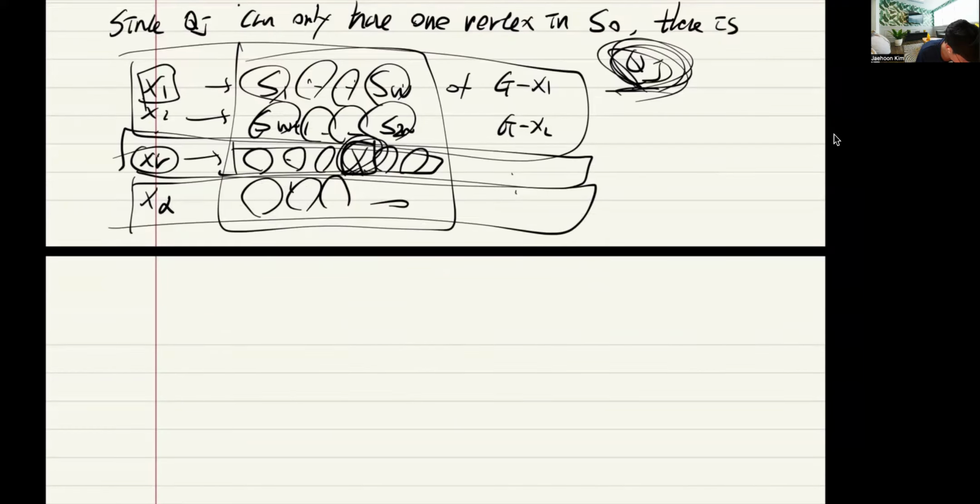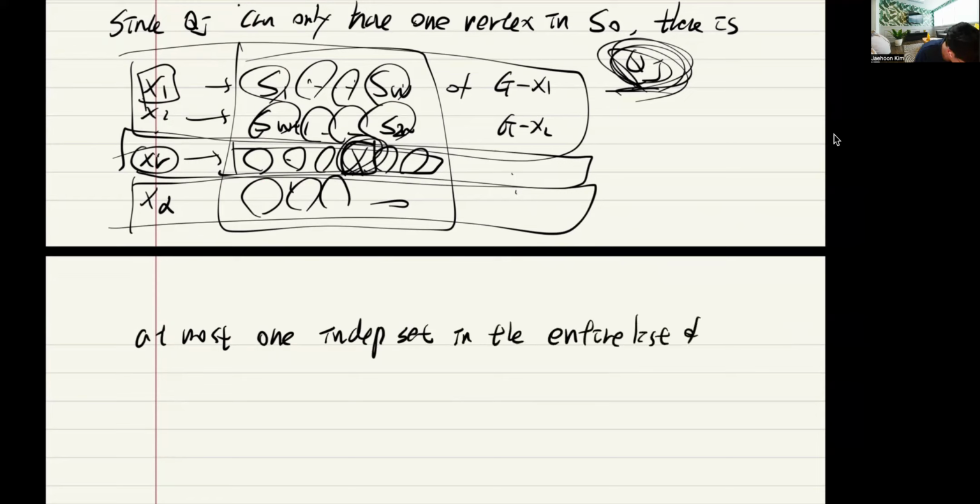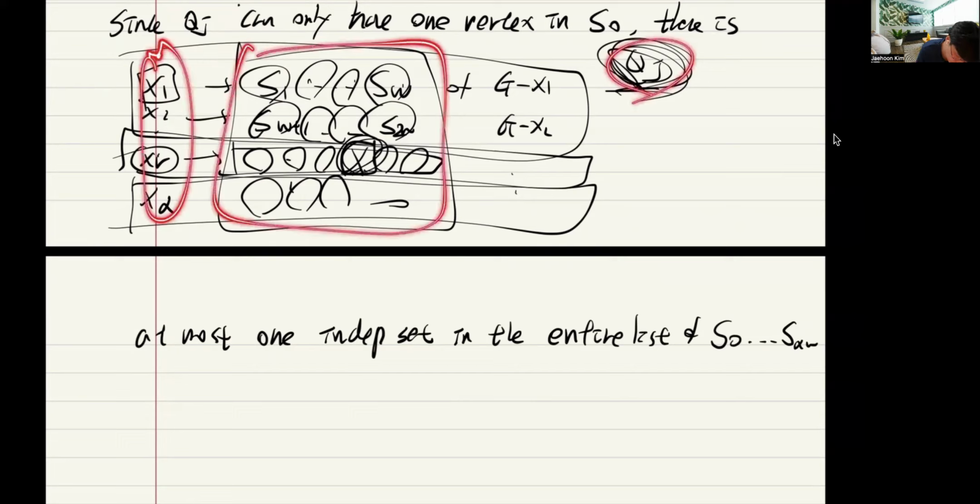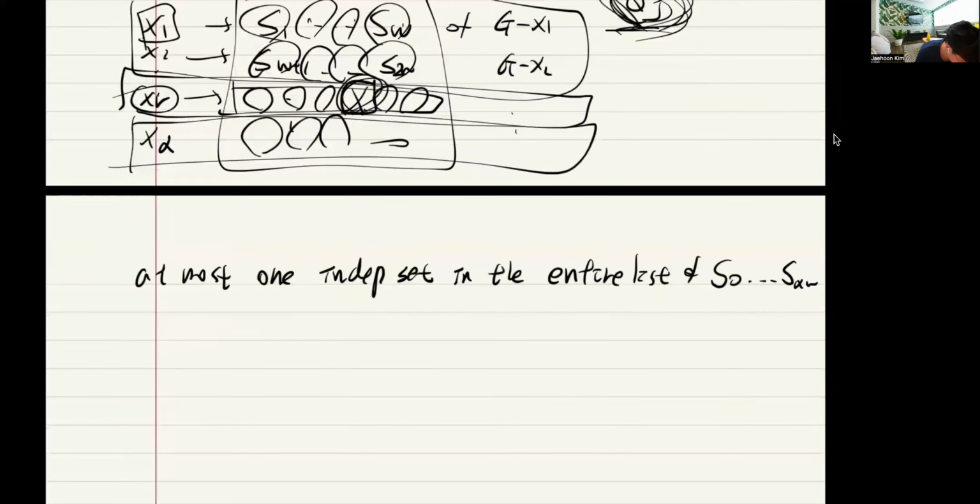There is at most one independent set in the entire list S0 to S alpha omega. So if this listed everything here from S0, then everything is 1, 1, 1 here. I mean, it intersects with everything at one vertex. That is missed